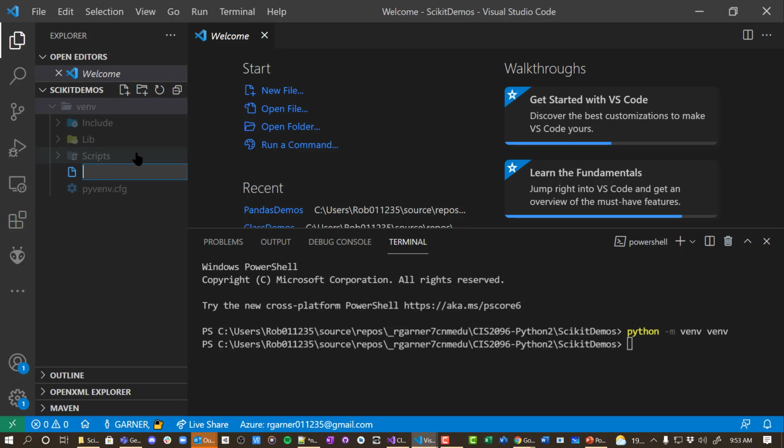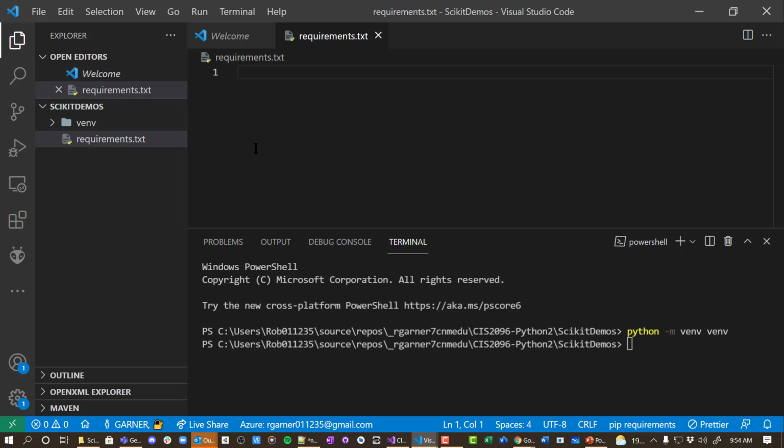I'm going to place it in the... Nope, that's not where I want it. Yeah, I guess that is in the right place. So we're going to create requirements.txt. And I think we're going to need pandas, and we want scikit